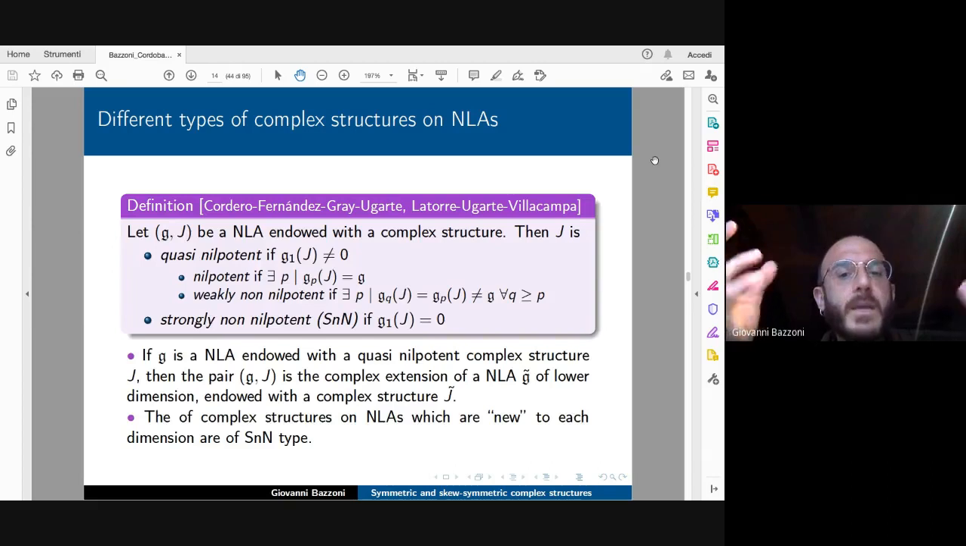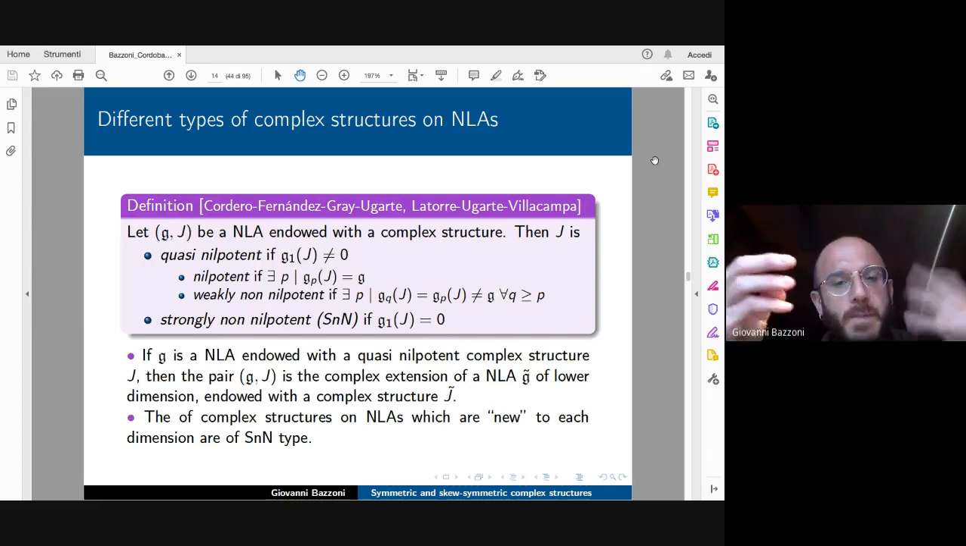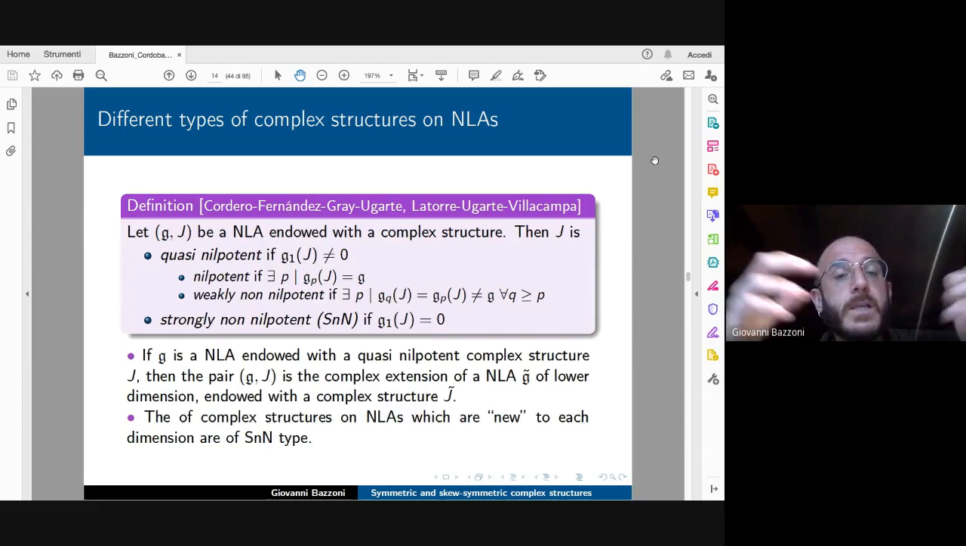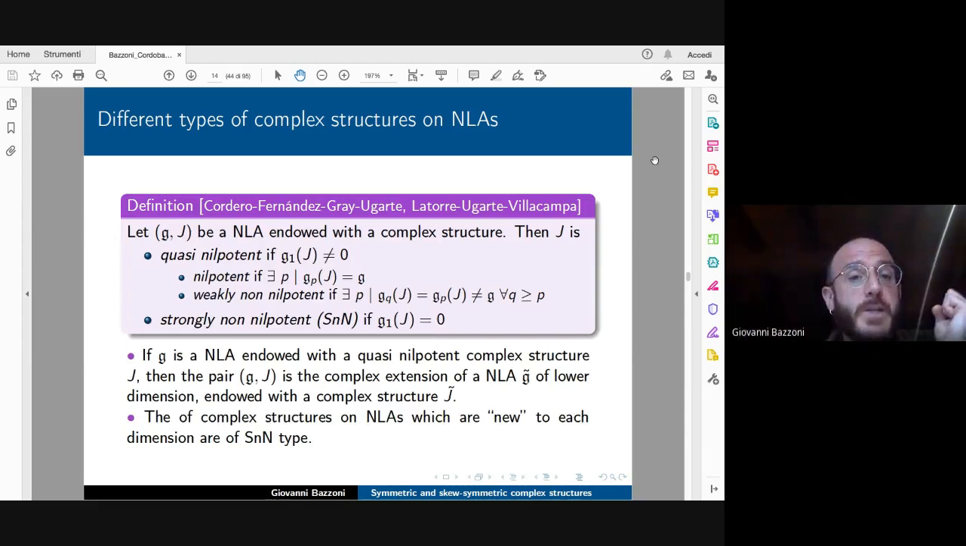Because they cannot be basically reduced, or respectively, the complex Lie algebra with complex structure cannot be obtained by extending something in lower dimension, okay? So these are those who are new to each dimension, so to say. And this definition is due separately to Cordero, Fernandez, Gray, Ugarte, and also more recently to La Torre, Ugarte, and